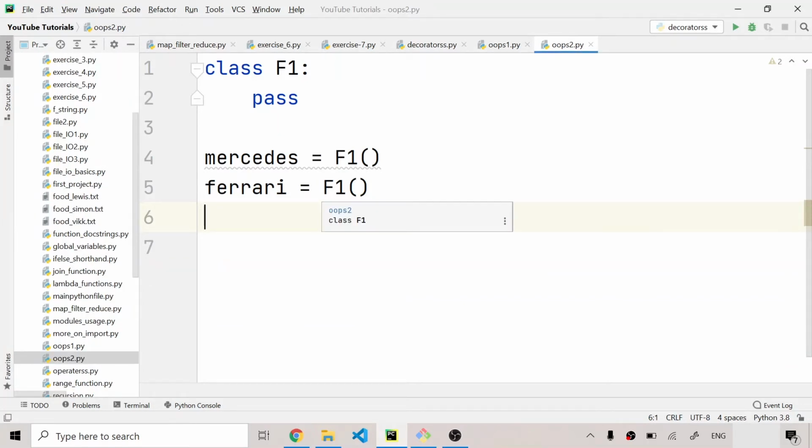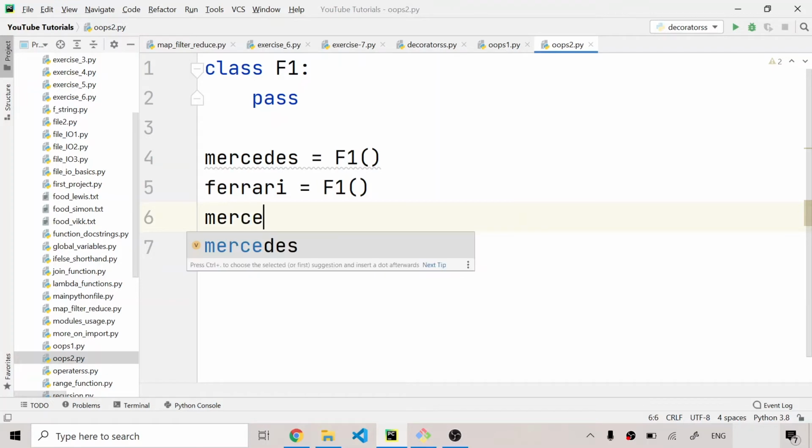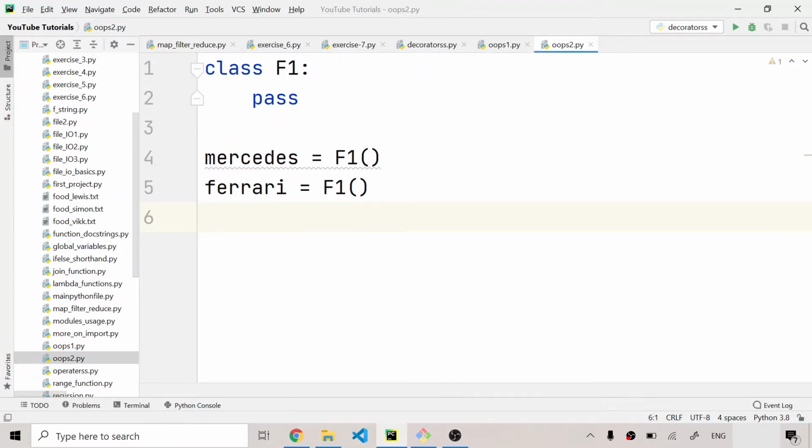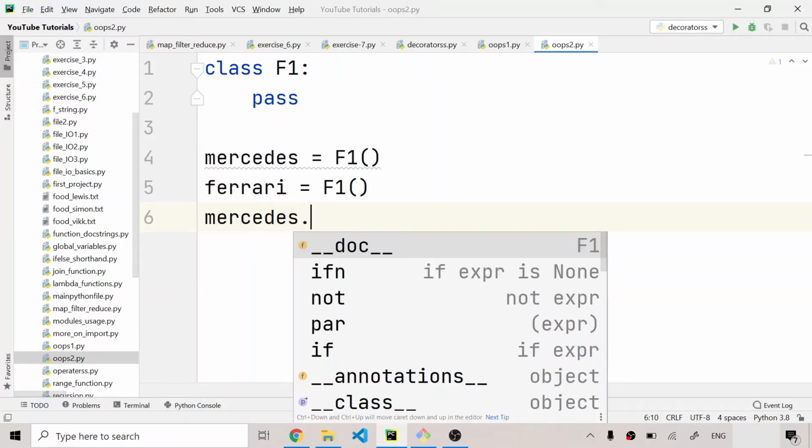So I'm going to make an instance variable for Mercedes. I'll write Mercedes, and after that you have to put a full stop right here. So I'll write the object name, and after that I'll put a dot, and I'll write the name of the variable that I want.